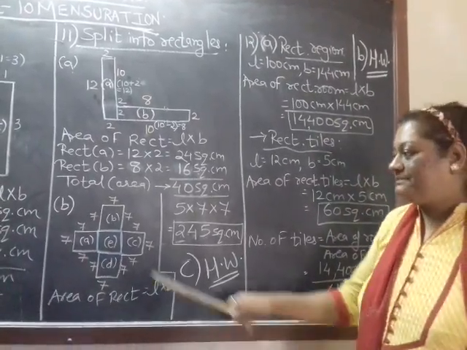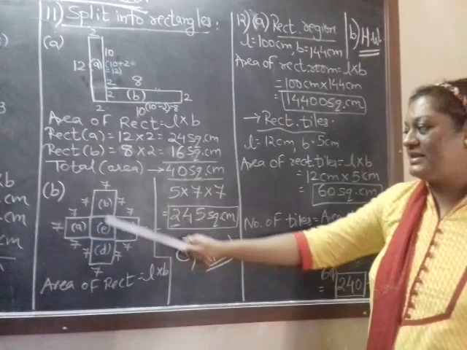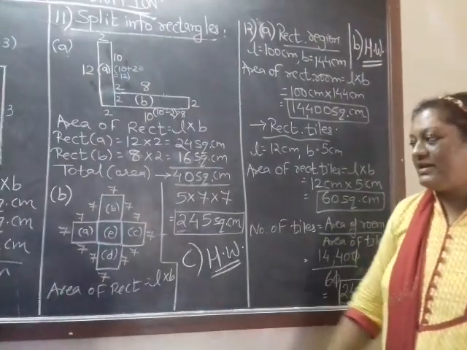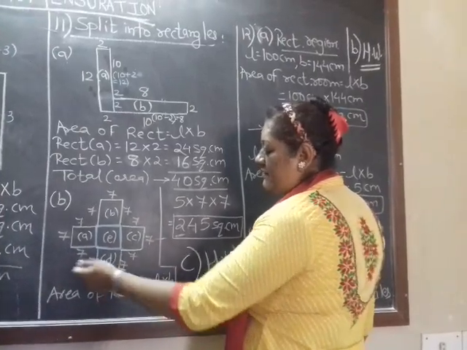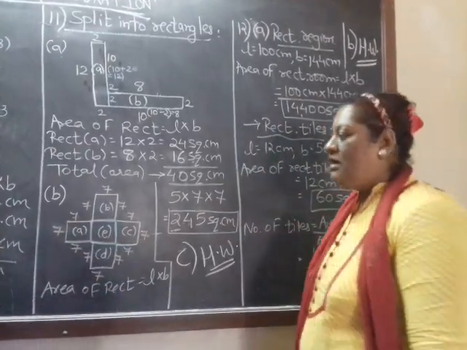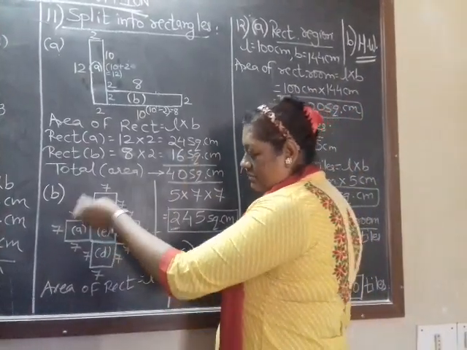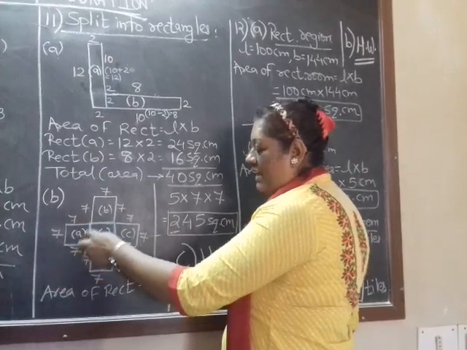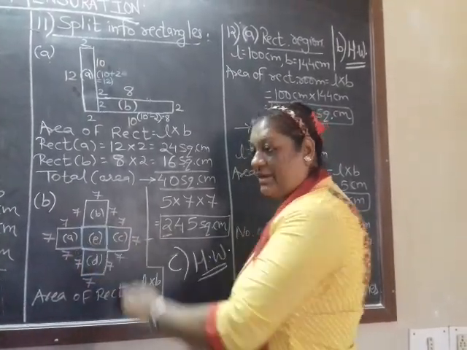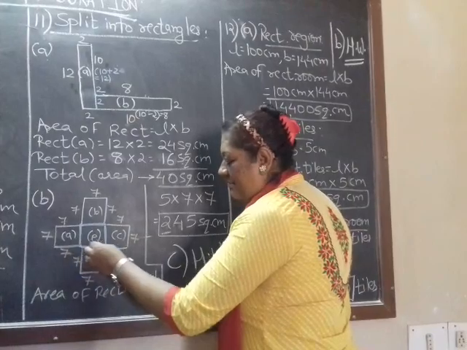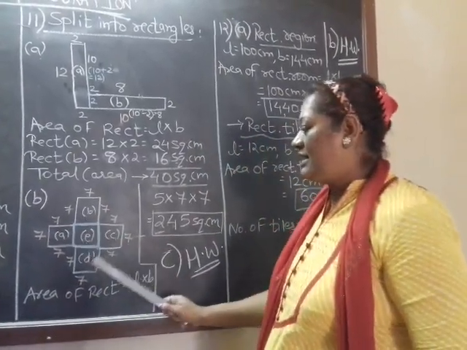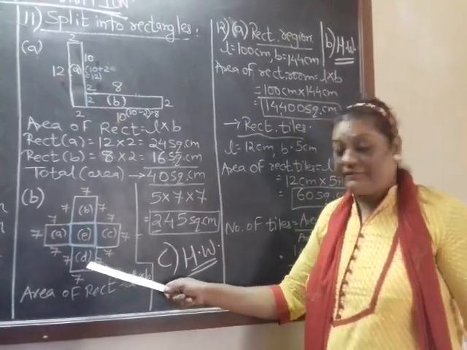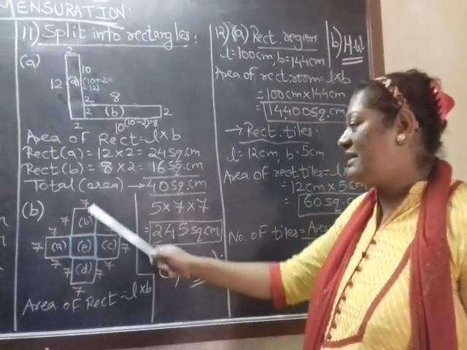Coming on to B. Now here you can see they have given squares, right? And they all are of the same size, 7 centimeter each. But the drawn rectangles given are 4, A, B, C, D. But what about in between? So this we had made to make it 5, right? So now total how many are there? 5 rectangles with the same size, that is 7.